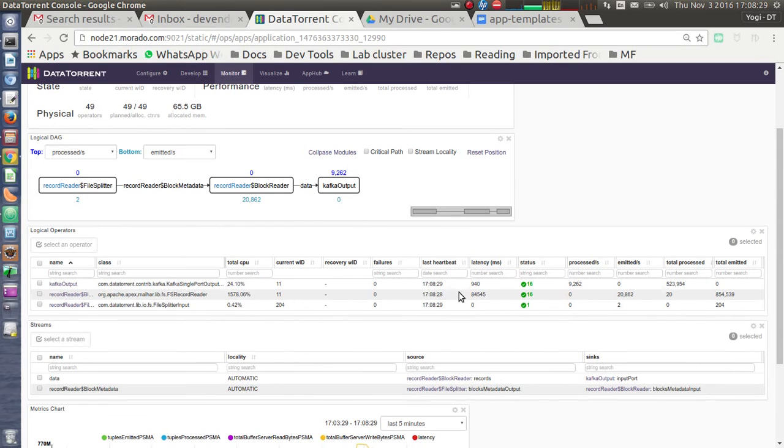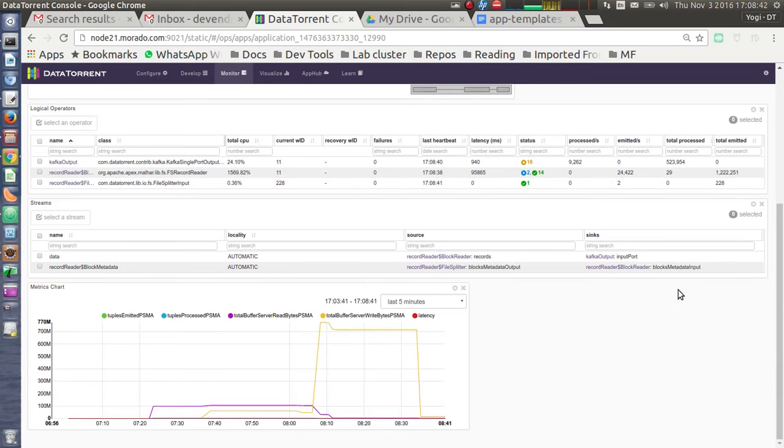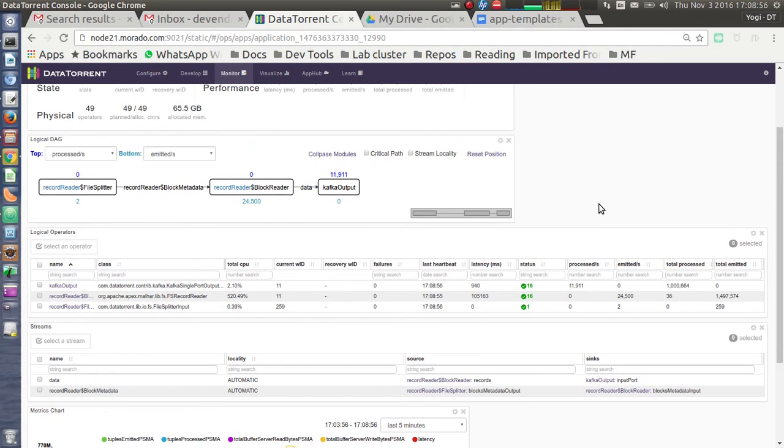As we can see, the file splitter is basically emitting metadata for blocks from HDFS. And then we have records emitted by the record reader, and those records are then processed by the Kafka output operator, which means that those are written to Kafka.